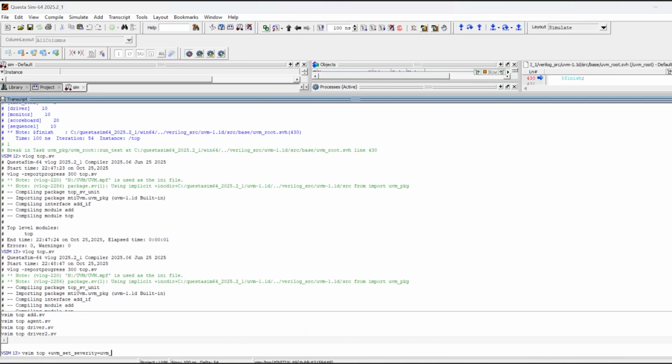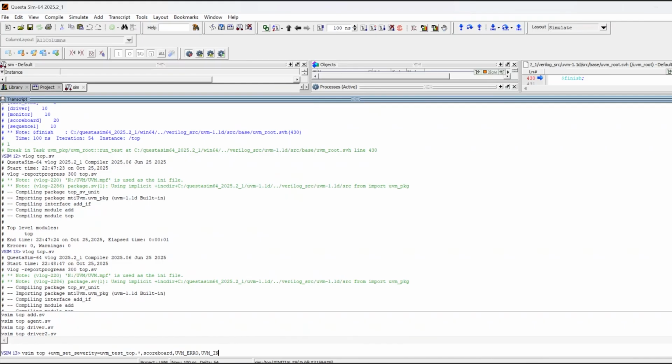The second argument is going to be the ID, so I will write scoreboard. The third argument is the targeted severity, and it is UVM error. And the final argument is the desired severity, and it is